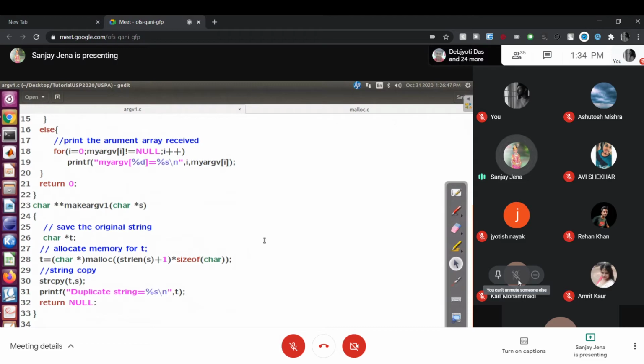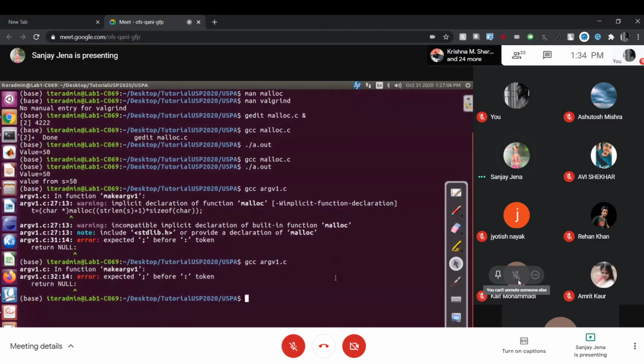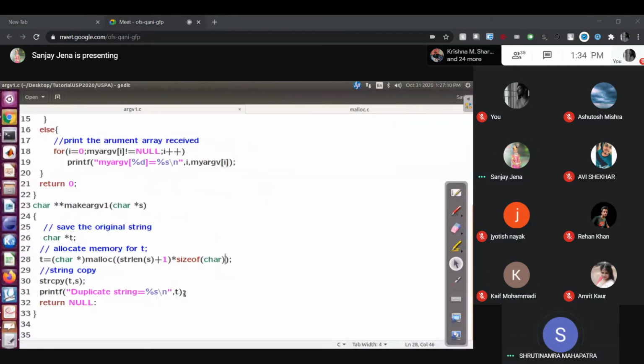Is there anything I am missing? What error? Can anybody find out? A colon is given instead of a semicolon after null. Done. Very good.